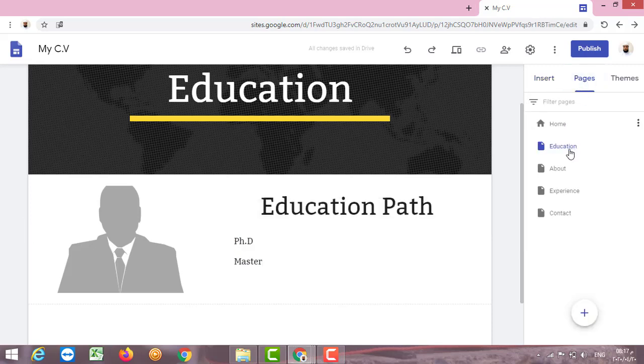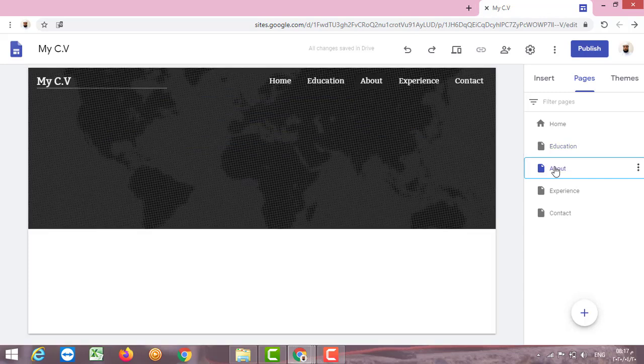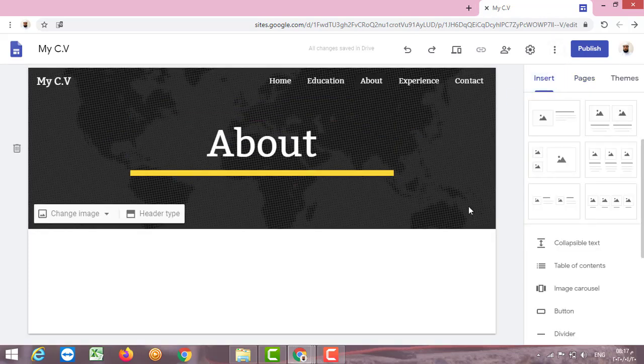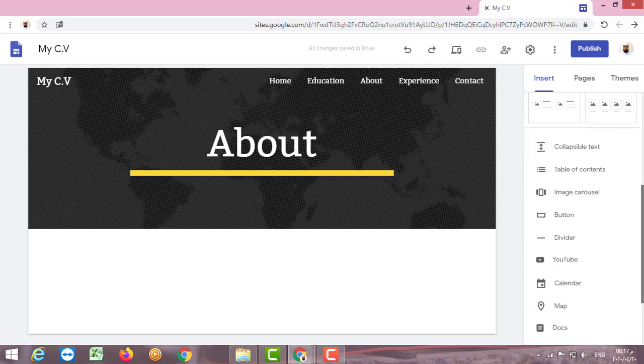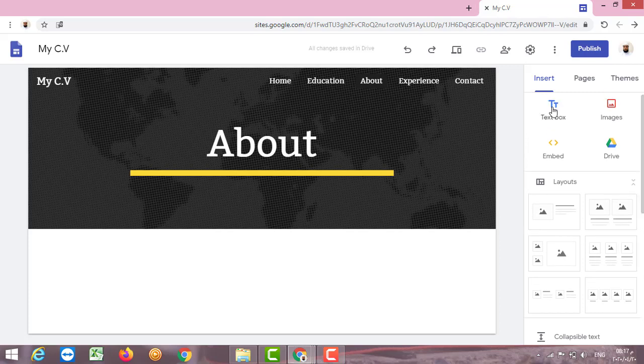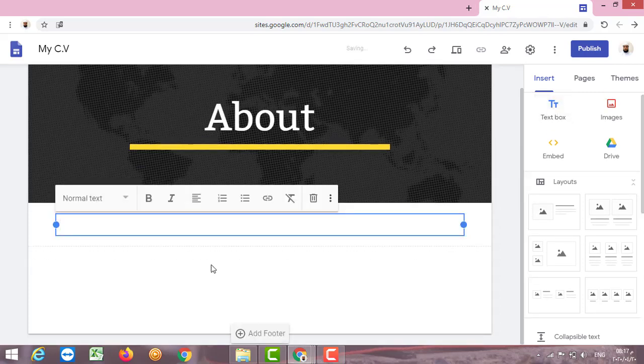If we go to the about page, I will go to insert. I will select what options I can add in this page. I have here a text. I click text. Now I want to add a text. I am not using the layout. I can type about my CV.